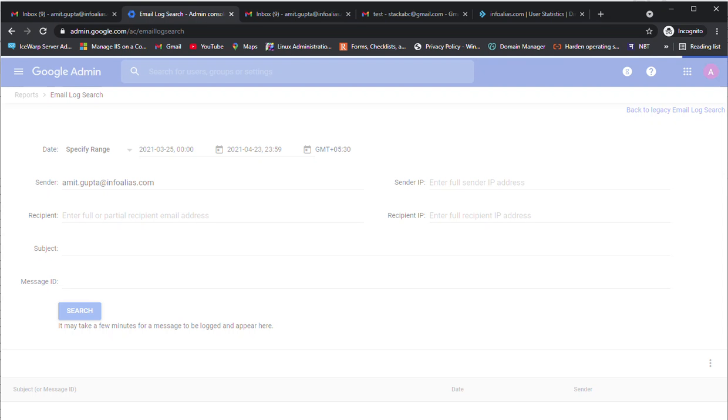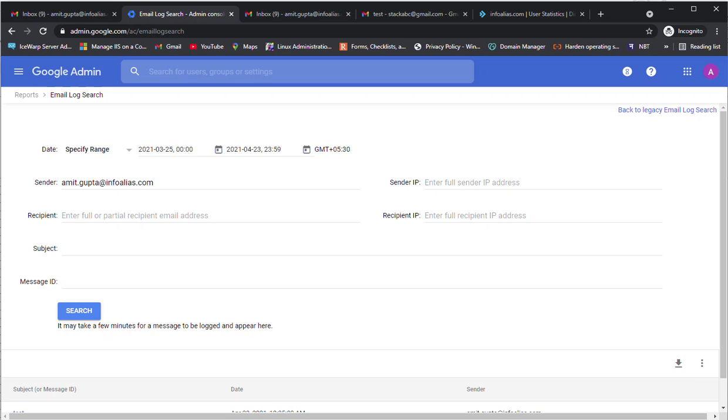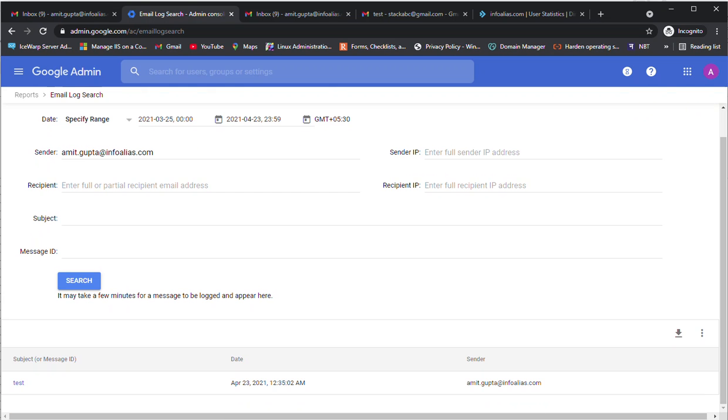Once I click on search, it searches for the emails sent from amit.gupta@infoalias.com. Sometimes it takes extra time to find the email.